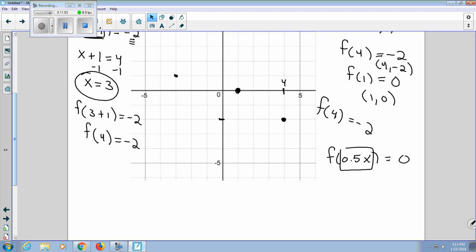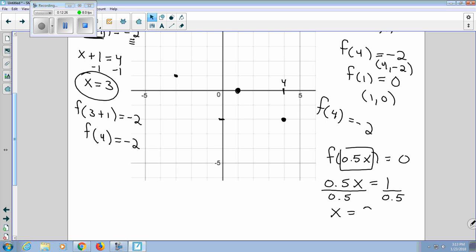I know if x takes on a value, or actually if the whole thing in the rectangle takes on a value of 1, then f of 1 gives me 0 back. So I'm going to set up a new equation. I'm going to say 0.5 times x is 1. If 1 goes into the function, then I've solved this equation. To solve for the actual value of x, I can divide both sides by a half. So the 0.5's cancel, and 1 divided by the half is the same thing as multiplying by 2,